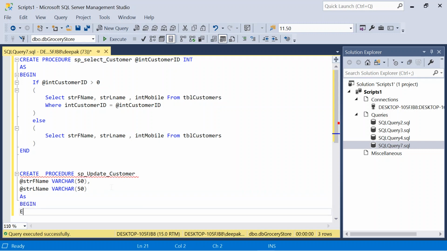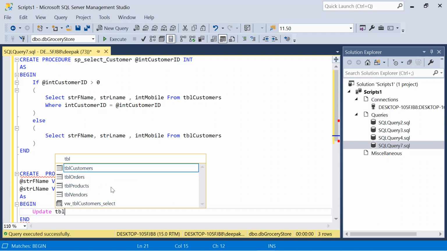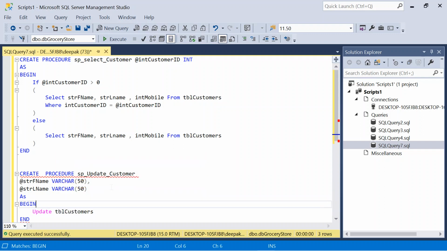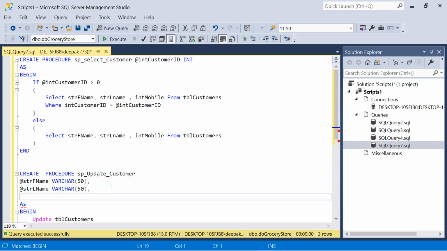Yes, begin, and also we need to pass the customer ID, the key value of the table.